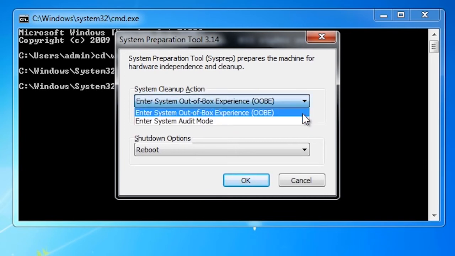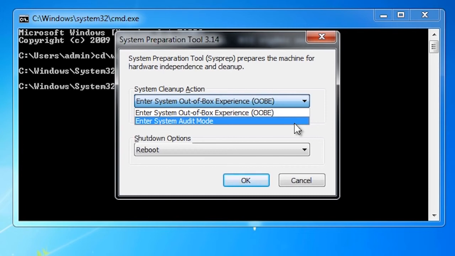This will start the computer up with the welcome screen. The user will be asked some initial configuration options. If you select the option System Audit Mode, the computer will boot up in Audit Mode. In Audit Mode, the welcome screen is not shown. This gives you the opportunity to make additional changes to the image before you hand the computer over to the